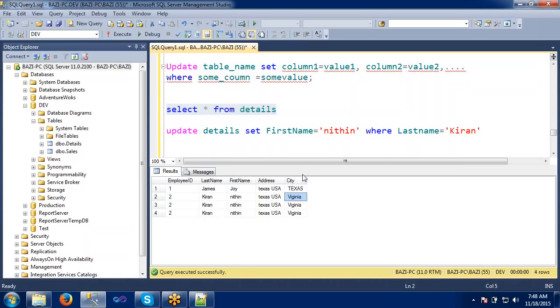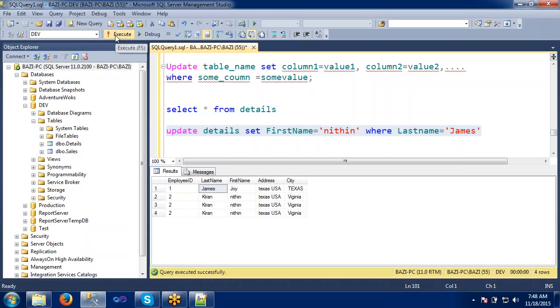Now let's see for the first record only, because it has some uniqueness. We will try to set first name equals to Nitin where the last name is James. Let's see whether our requirement is satisfied for the first record or not.